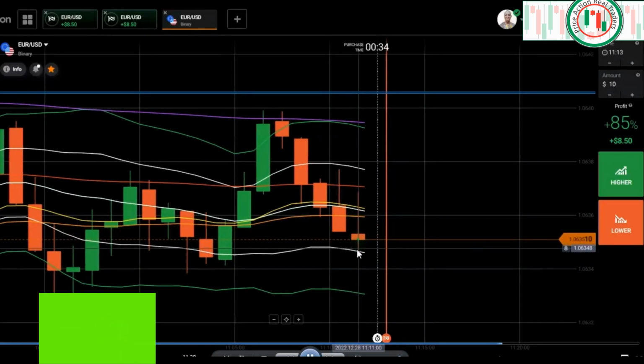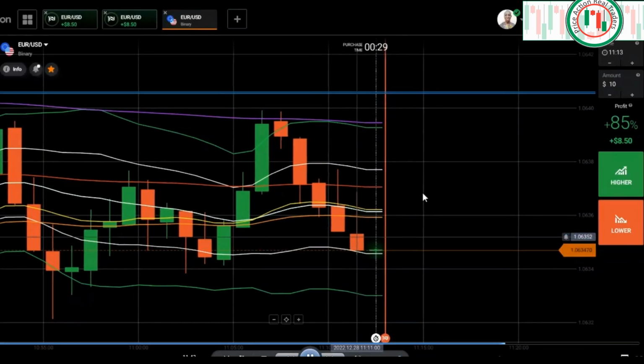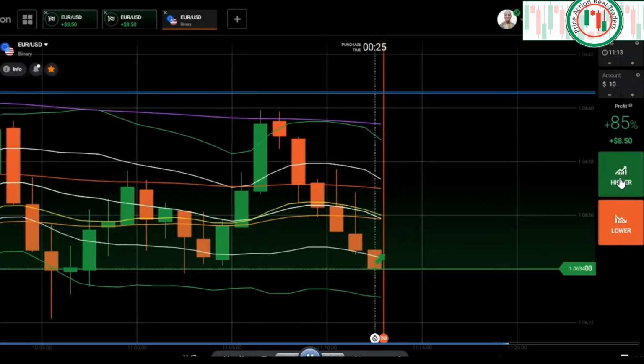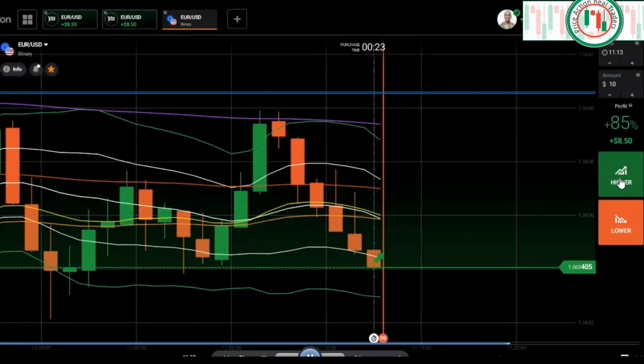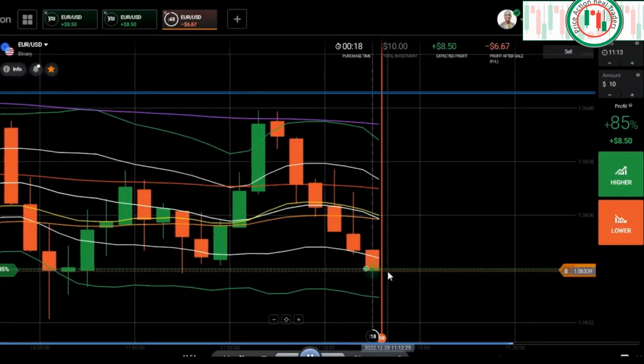So maybe after this candle I will place my trade call option, but with margin of safety. Yes, if I see rejection I will place call option. Yes, you see rejection, I place my trade call option